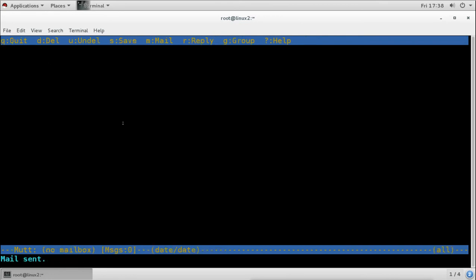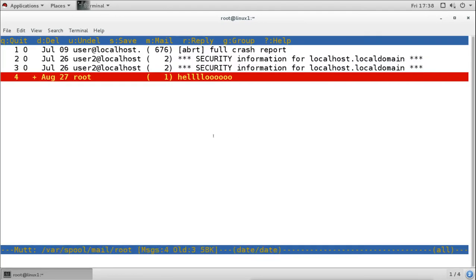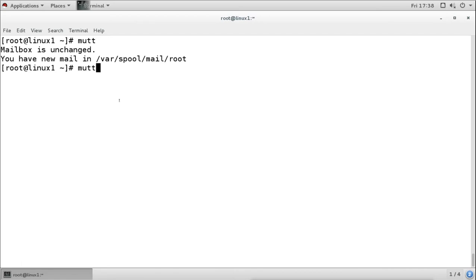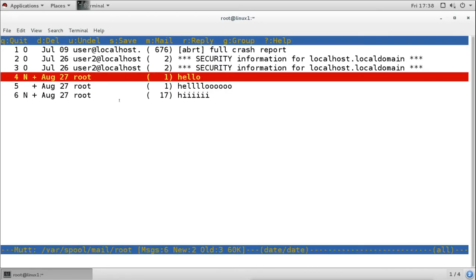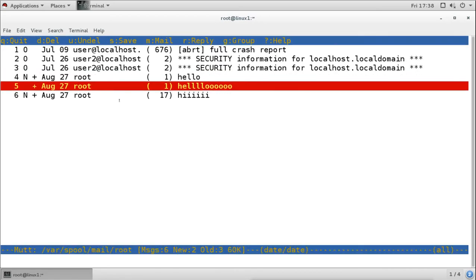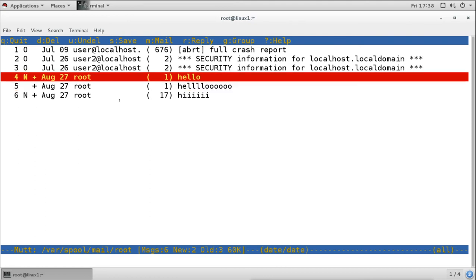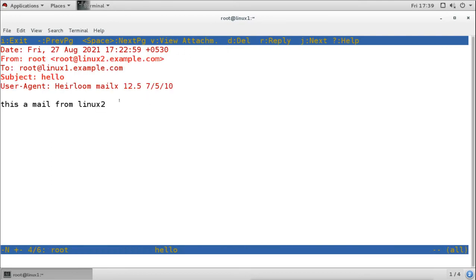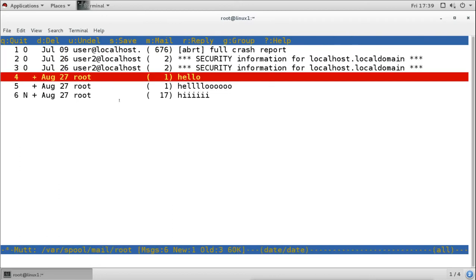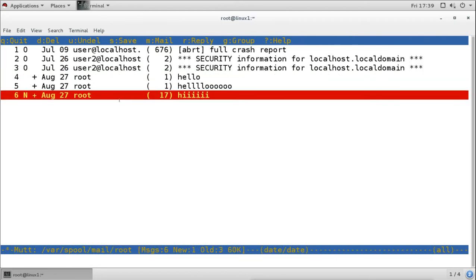Now we will check it from the other side, from the server side. Now from the server side, it is already open. So I will quit it, and then I will open it again, and I can see the mail here. And I can see the mail which was not delivered the first time. It is now also delivered. This was the first mail. It is also delivered now, and the new mail which I delivered is this one with the attachment.